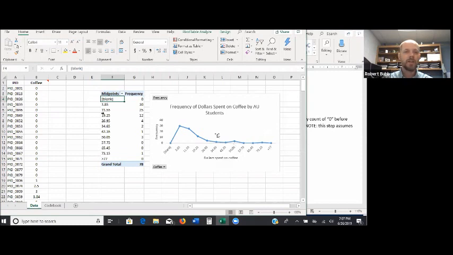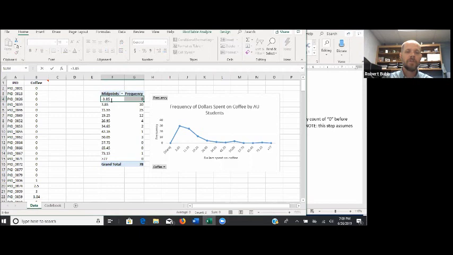So to do that, we're going to go back to our table. Remember, in this case, our interval width was 7.7. We're going to take 3.85 and we're going to subtract 7.7 from it. That's going to give us our very first midpoint. And then we're going to take 73.15 and we're going to add 7.7, and that's going to give us this last midpoint. So in this particular case, if we take 3.85 and we subtract 7.7, we're going to get negative